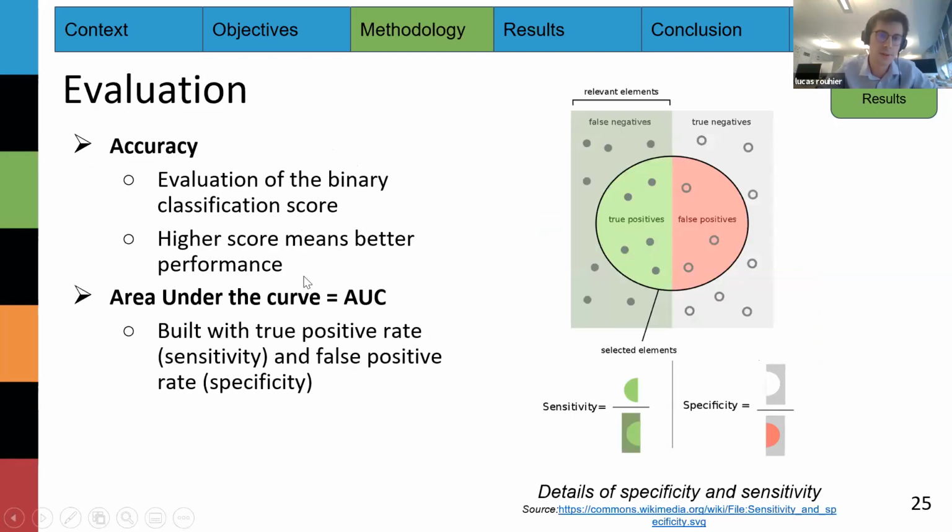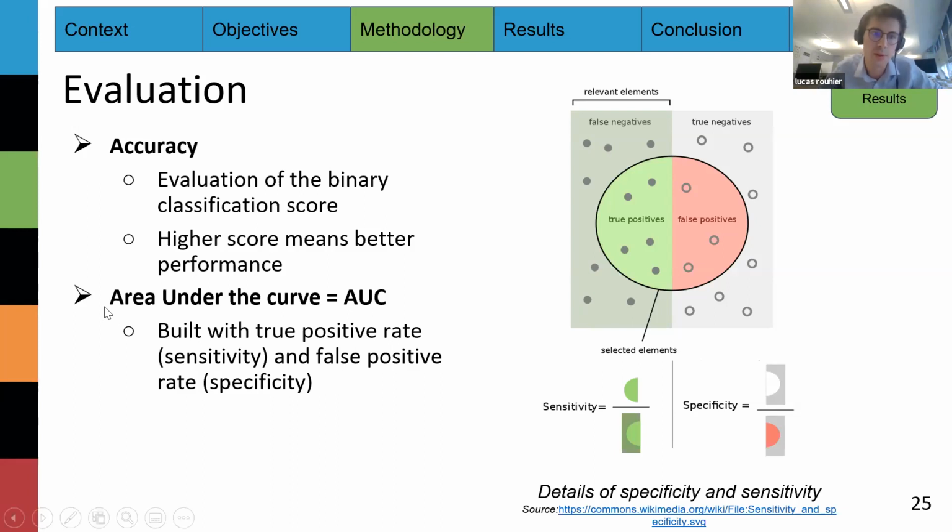Speaking of scores, these are the 2 metrics that we use to monitor our model. First, there is the accuracy, which is sort of a binary evaluation. For example, it just measures if the network outputs 1 when the answer was supposed to be 1. Of course, a higher score means a better performance.